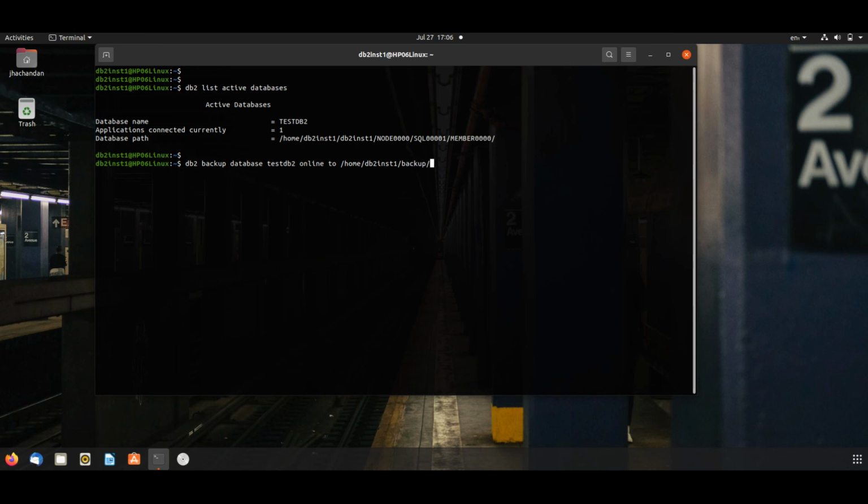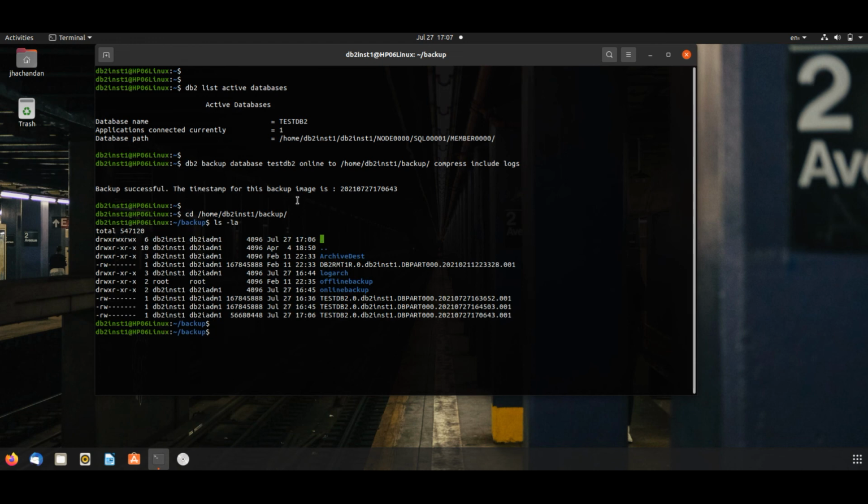I will keep my backup image file in /home/db2inst1/backup. Compress include logs. Initiate this. Go to the path where our image file has been created, /home/db2inst1/backup. We have created this one, 70643. We will restore this image file.